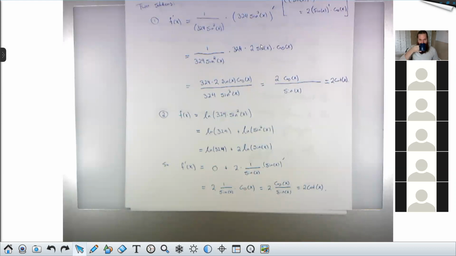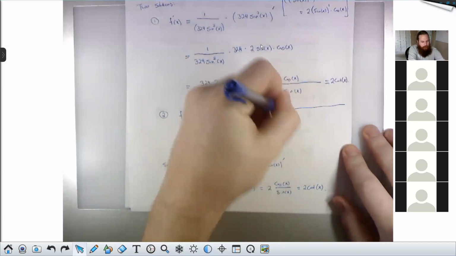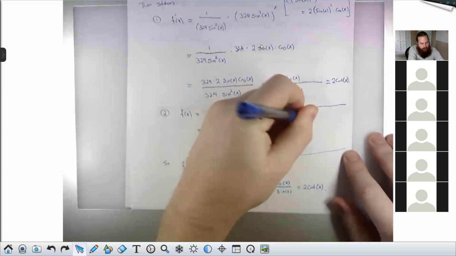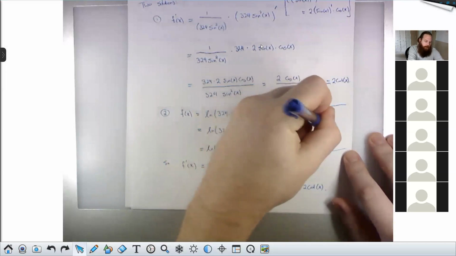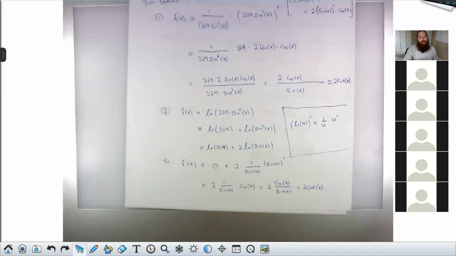And is it 1 over sine x because it's attached to the sine x for the log? Remember the rule for differentiating a log. The ln of some stuff, all primed, is always 1 over the inside of the log times the derivative of the inside of the log. That's our rule for differentiating ln of some stuff. So the 1 over sine is coming from that.